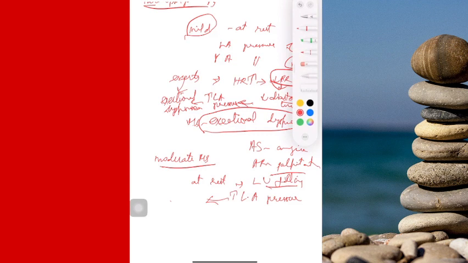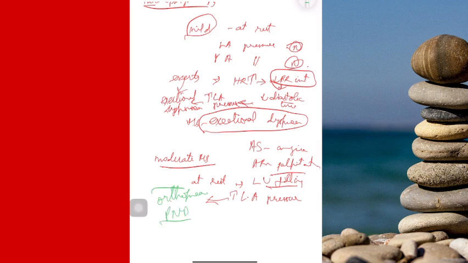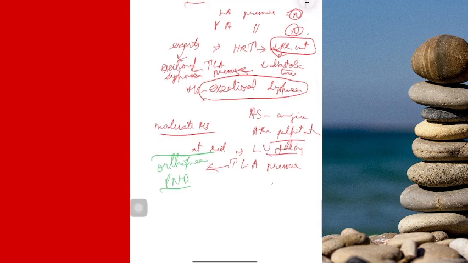One is orthopnea and the other is PND. PND has another five beautiful mechanisms which we'll talk about in the next class when we talk about mitral regurgitation. So, paroxysmal nocturnal dyspnea and orthopnea. Basically, orthopnea is when the patient cannot lie down flat at all. PND is when he can lie down flat for some time, and once all his blood gets gorged from his systemic venous return into his pulmonary capillaries, after some time he wakes up in the middle of the night. That is how it typically is in paroxysmal nocturnal dyspnea.